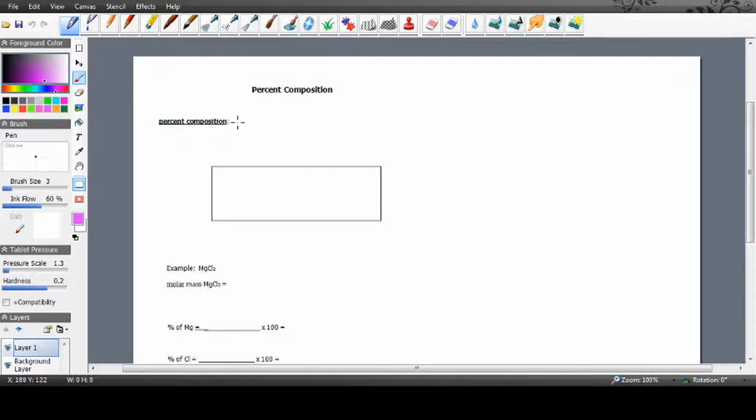So, percent composition is the mass, maybe I should say mass proportion, of each element in a compound. We learned about this in our very first unit, when we talked about the law of definite proportions or constant composition, that if you have a substance that has identical percent composition to another substance, then you know it's the